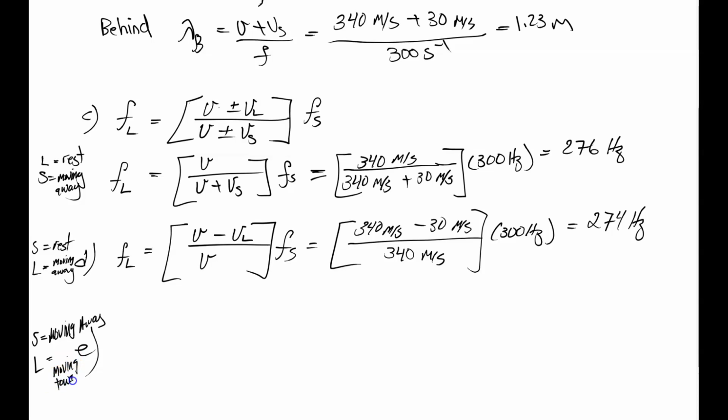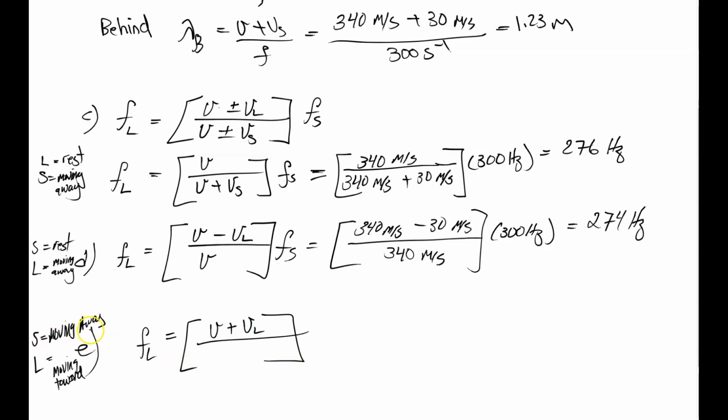So keep that in mind. Since the listener is moving towards, we're going to get an upshift from the listener. And an upshift from the listener means a positive velocity for the listener. So this is going to be V plus VL over,